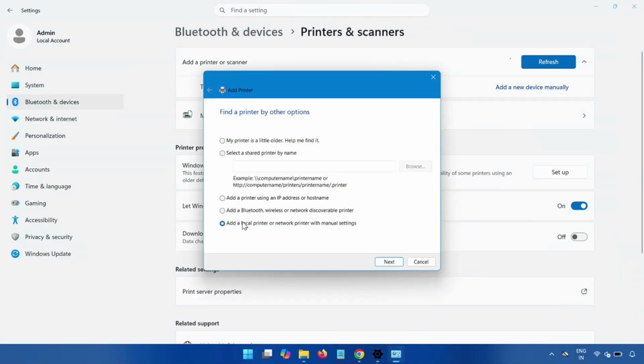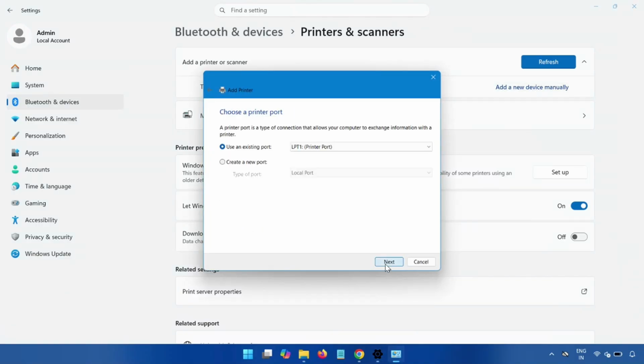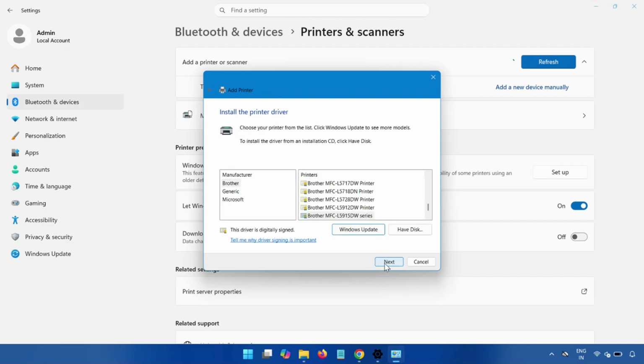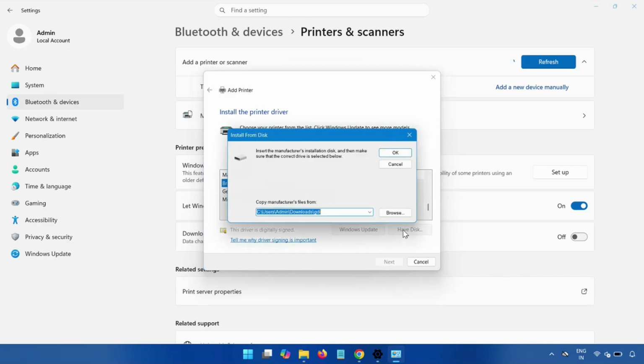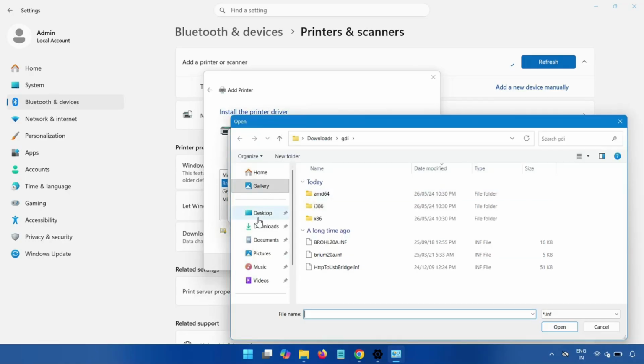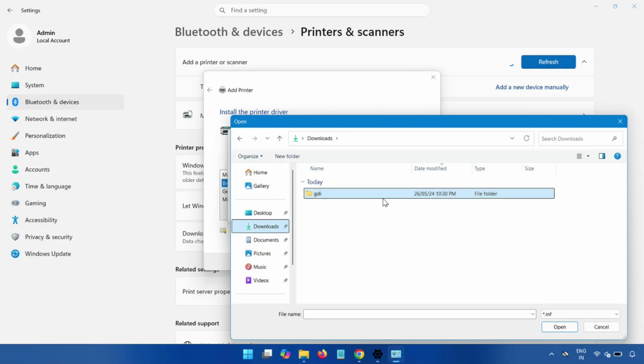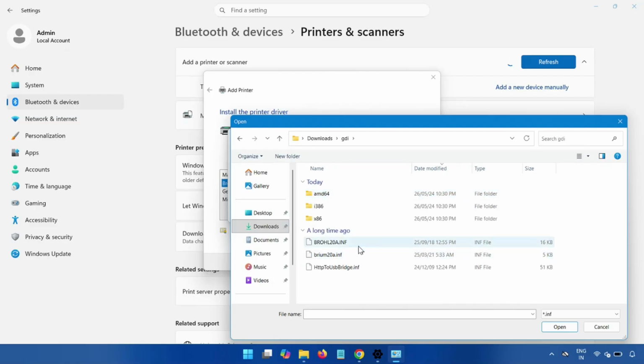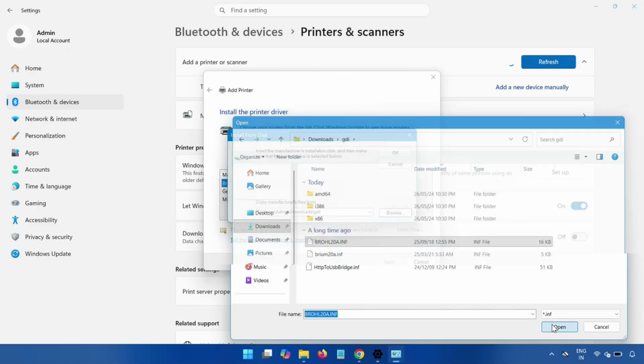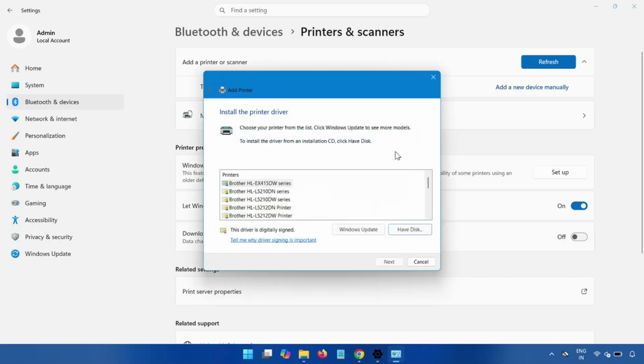Then click Local printer and manual setting, then Next, then click Have Disk. Click on Browse, go to the location where it is downloaded, open this, select the INF file, then click OK, then click OK. Now find out